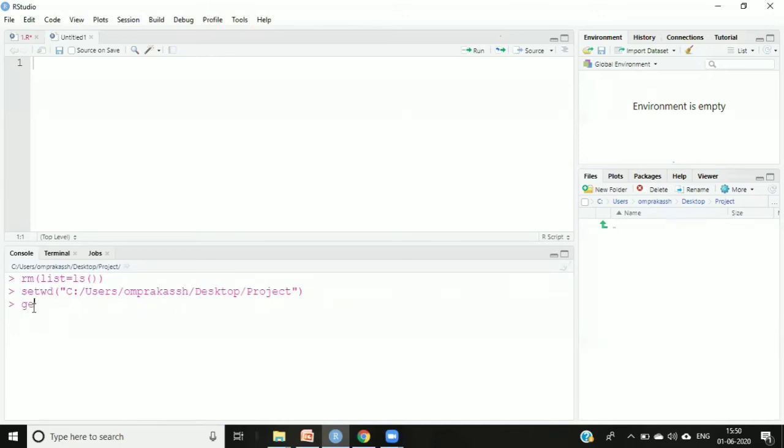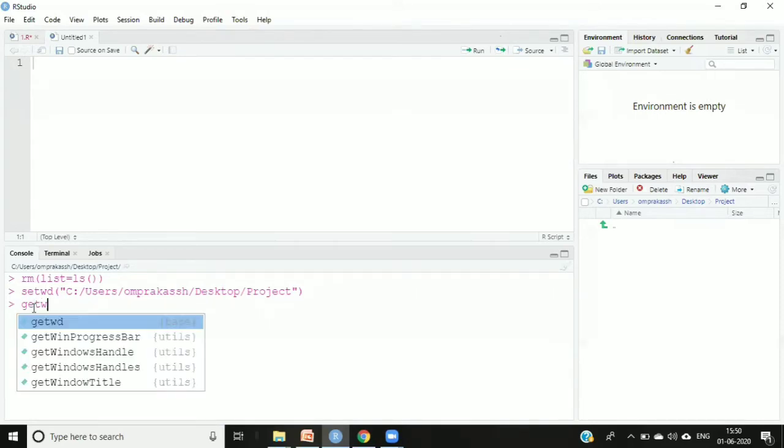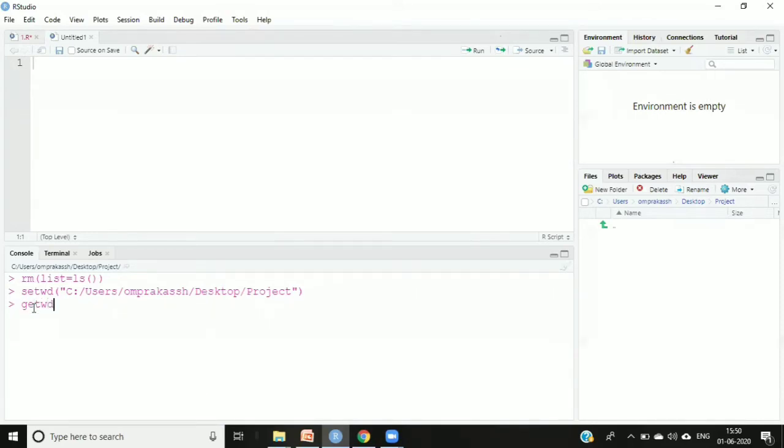If you just type getwd and enter, you will get the working directory. getwd stands for get working directory. It's clearly telling me that my current working directory path is C:\Users\Om Prakash\Desktop\project.